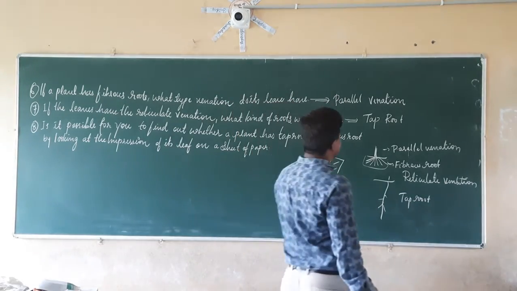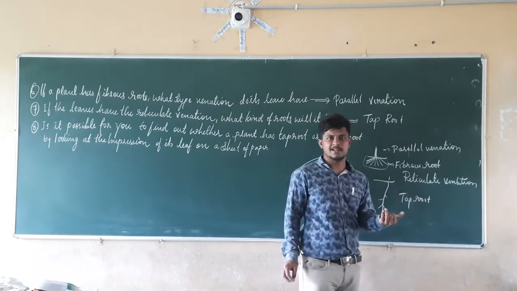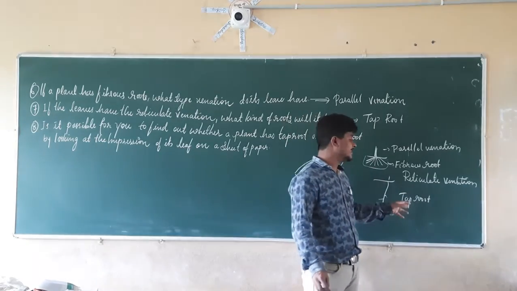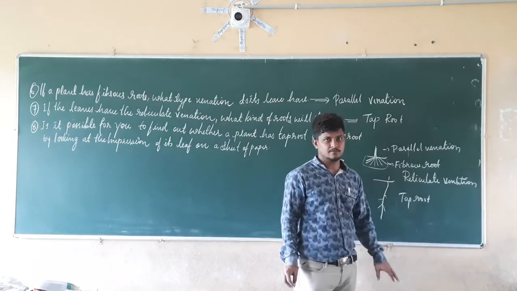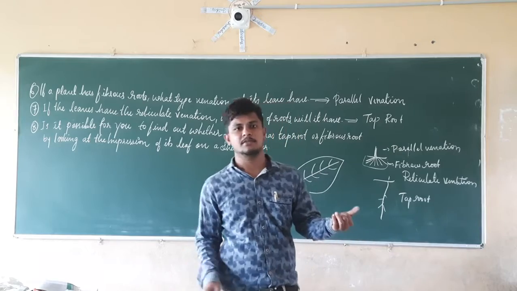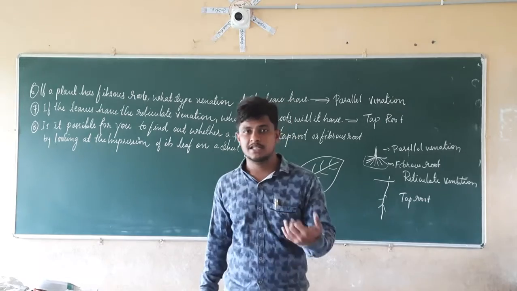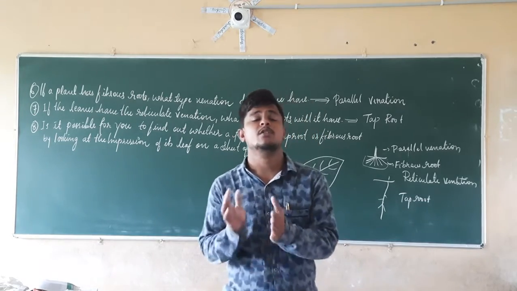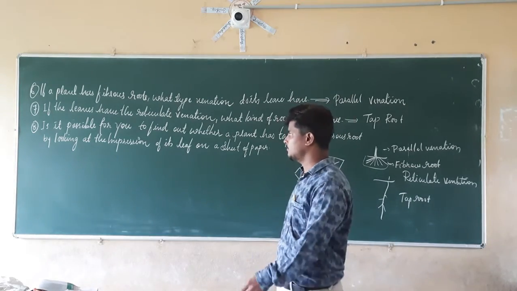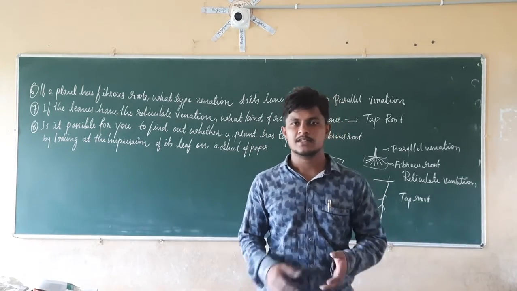So if we check here, reticulate venation is directly connected to the taproot, as well as parallel venation is directly connected to the fibrous root. So if that impression has the reticulate venation, by that thing we are going to identify that root type is taproot. If that thing has the parallel venation, then the root type of that thing is nothing but what? It is the fibrous root. So by taking the venations only, by taking the designs only, it is possible that we are going to identify the type of the root. So the answer for the question number 8 is yes. Depending on the venation, we are going to identify the type of the root.